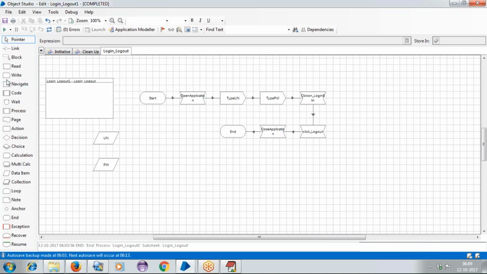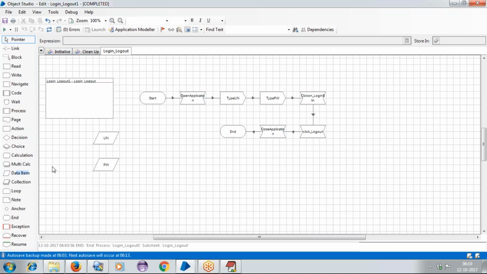So like this, whatever data you want to use, we can take any data item here. Now if you see here, one is the write stage for writing the data into the text box. One is the navigate stage for typing the username and the password. Moreover, to perform any click activities we use navigate here. Now we have taken one more stage called data item. So this is the last kind of question: what is meant by the data item stage? We can understand that it is used to store any kind of data. Whenever you want to store data in a variable, and you want to call that particular variable, then you take the help of the data item here.